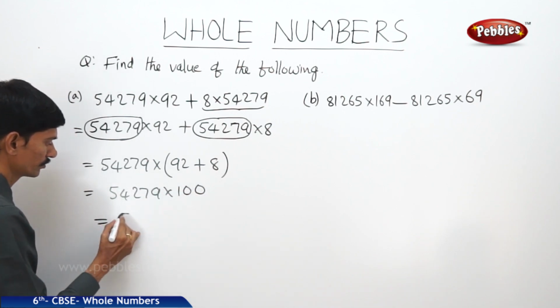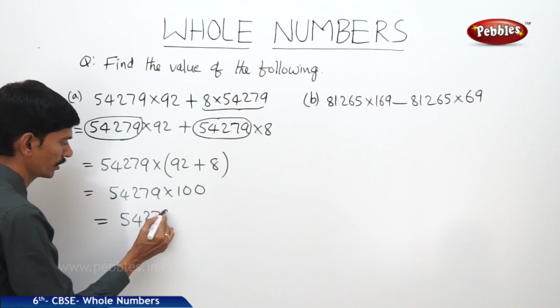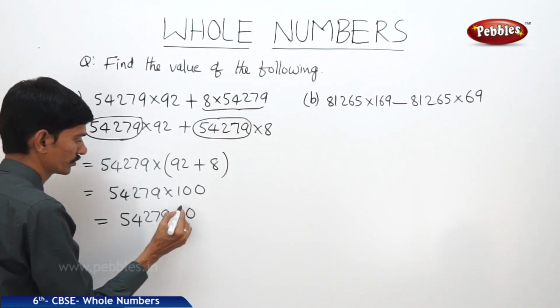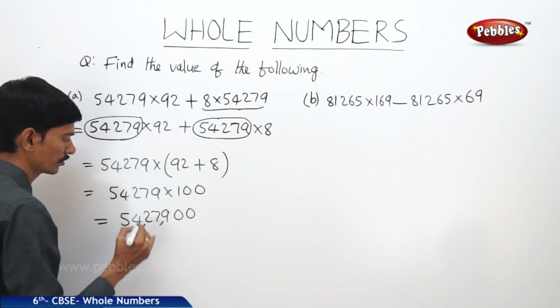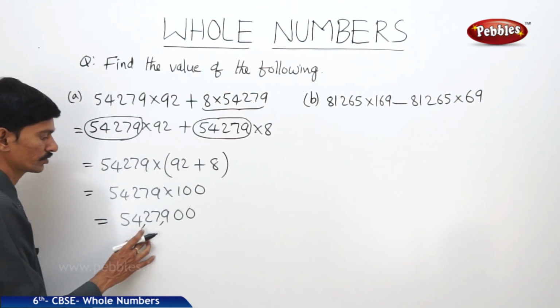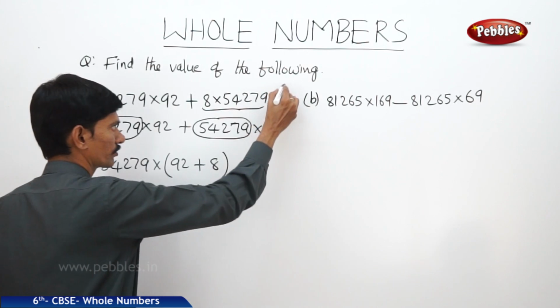So this equals 54,279, and then 2 zeros: 1 2, 1s, 10s, 100s. So this is 54,27,900. Now the next question,